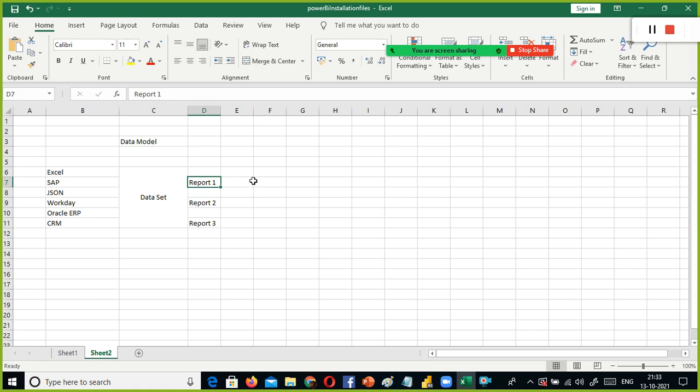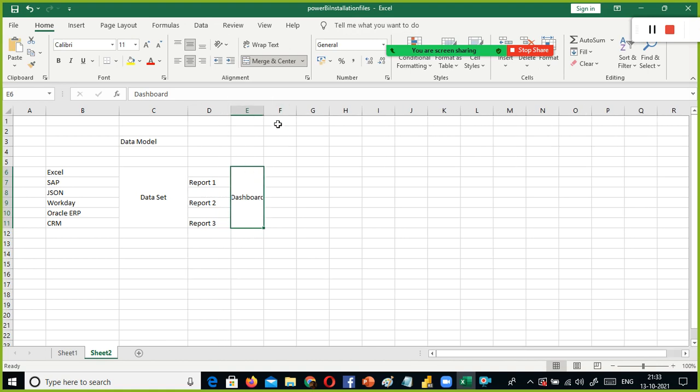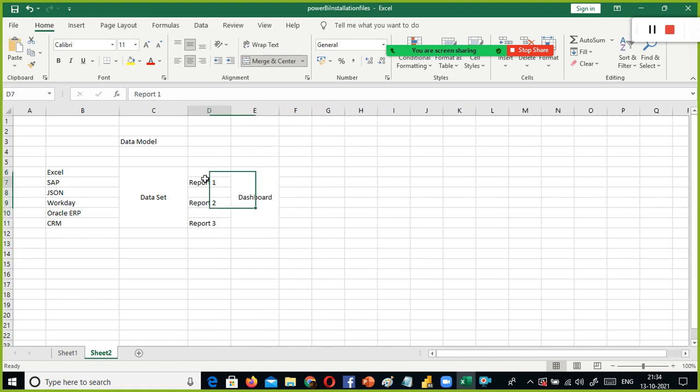So far so good. The next step is, sometimes to create a dashboard, you don't have to use the data set. You can directly use the report itself. You can use probably report 1 and report 3, because certain fields you used in report 1 and report 2, some set of columns that you used here and here, you can combine and generate the dashboard. And I have something else like this. I have another data set.